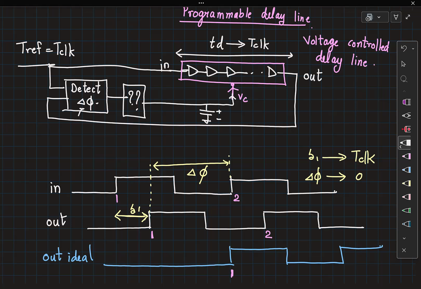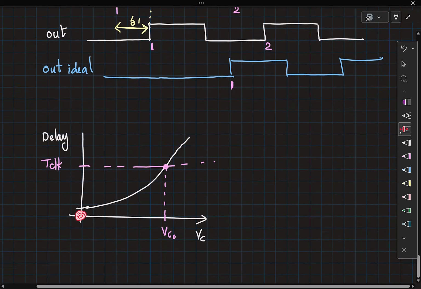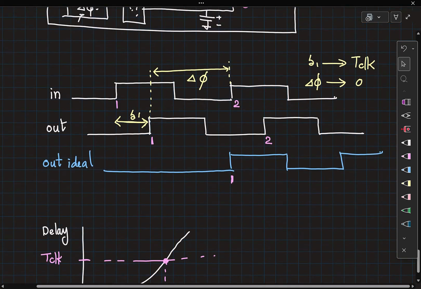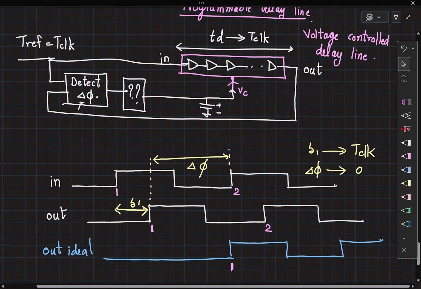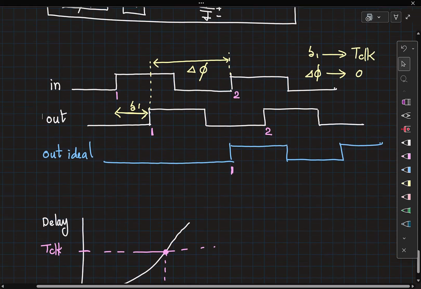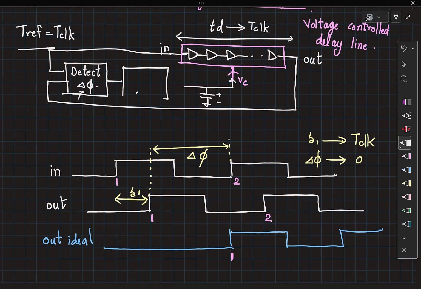Now we talked about the necessity of changing this voltage, right? If you started off with VC value being smaller than the required VC voltage, you need to keep increasing the VC, which means you need to charge the capacitor. How do you charge the capacitor? By dumping charge into it, right? That's all. Similarly, if you started off with a larger VC value, then to come here, you need to discharge the capacitor. So now this particular element should be able to either push or pull charges out of the capacitor.